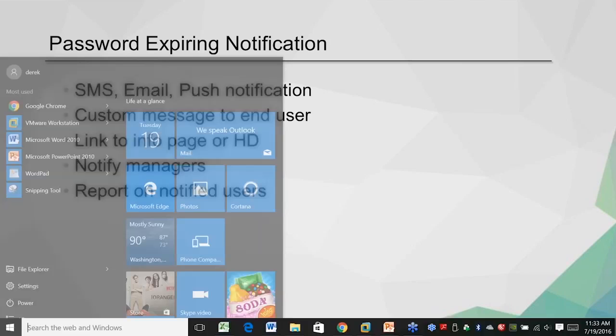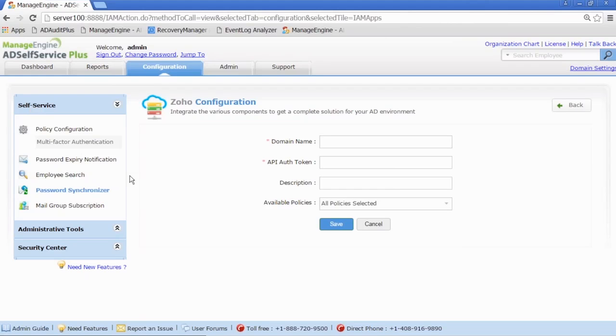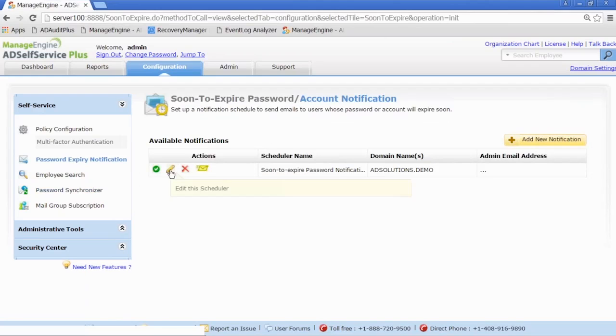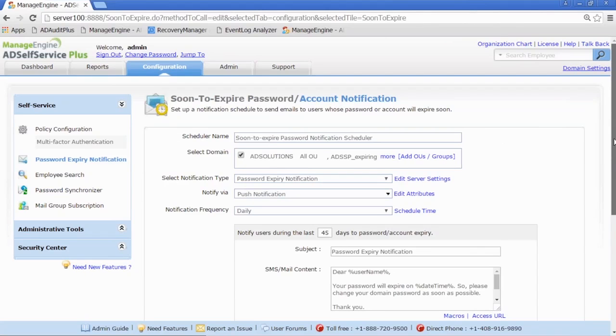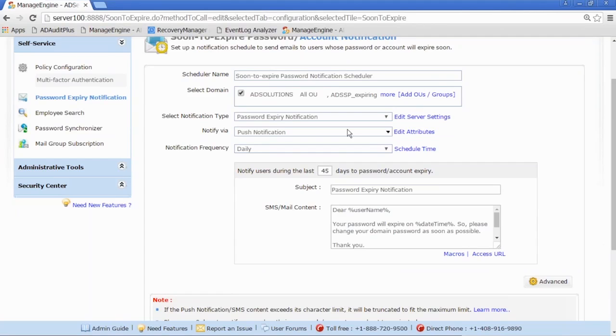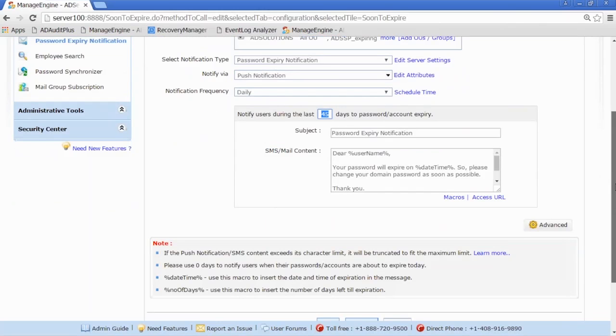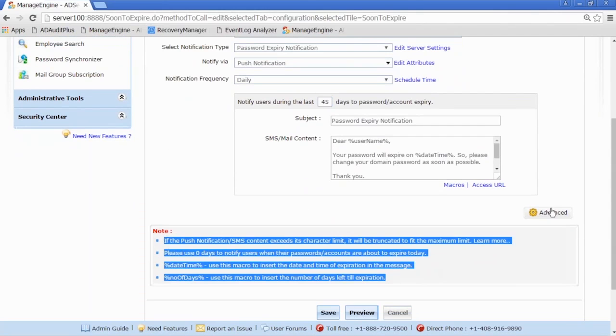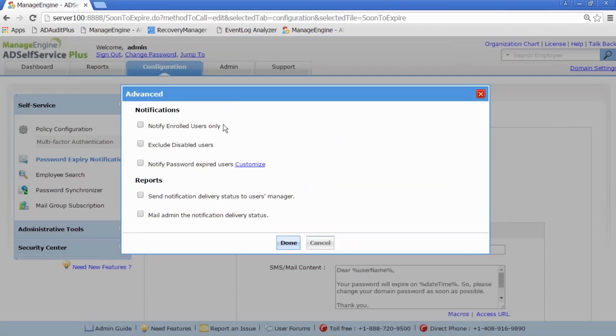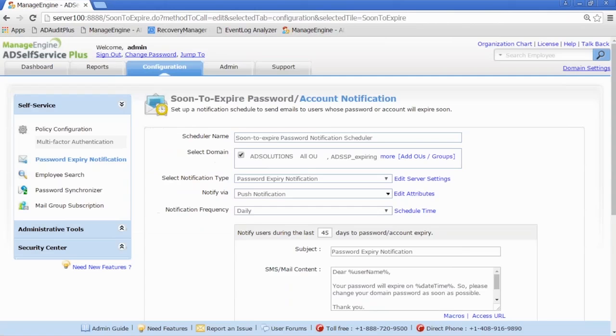So when it comes to actually carving this out, this is what it looks like. So the password expiring notification is here, and you get to go in and you get to define how you're going to communicate, who you're going to communicate with. And then you get to set up different parameters around the password expiration, okay? Then we give you some notes for you, the administrator, to have some input. And then also we have more advanced configurations. A lot of these I went over already, but these are things that you may want to look at and may or may not want to actually implement for the notifications.